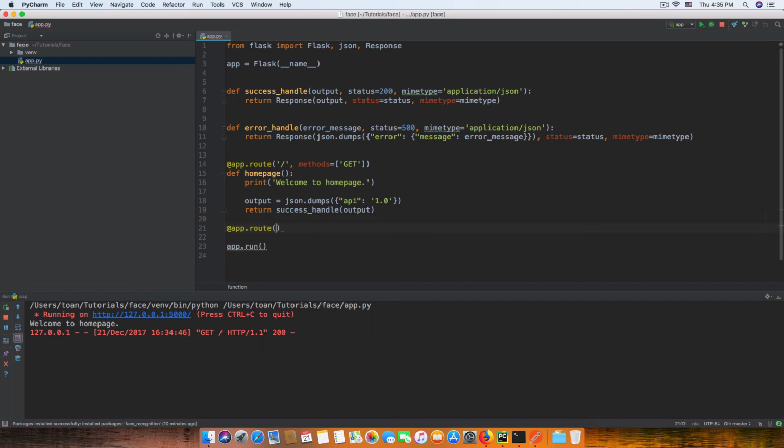App.router. Example API user, should be allowed methods. User, and for example it is train. It should be a train to user, API train. Okay, and so the method for now should be allowed only POST. So for now return something. Right, remove this welcome to homepage